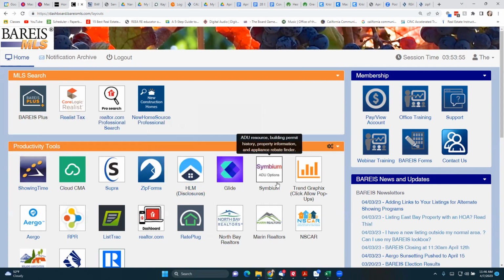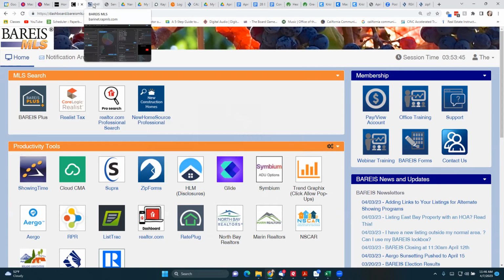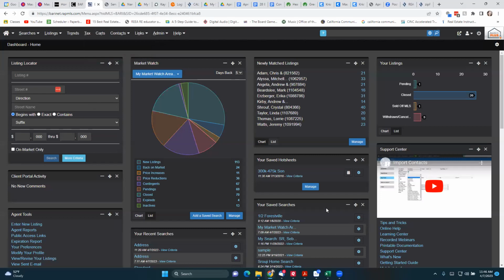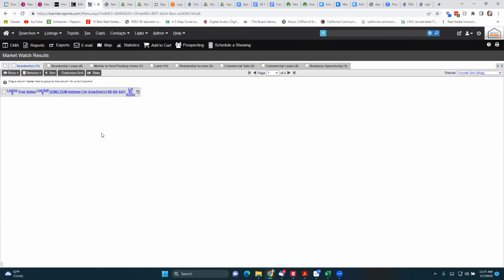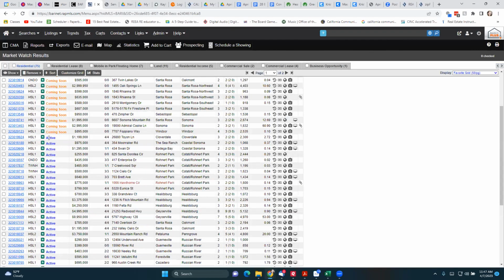Right here is Symbium, which helps you determine if a property might be eligible for an ADU. So it's a pretty cool new thing. You can also access it when you're in the actual Rapattoni Barris, and you go to a listing. Let me open up a listing.